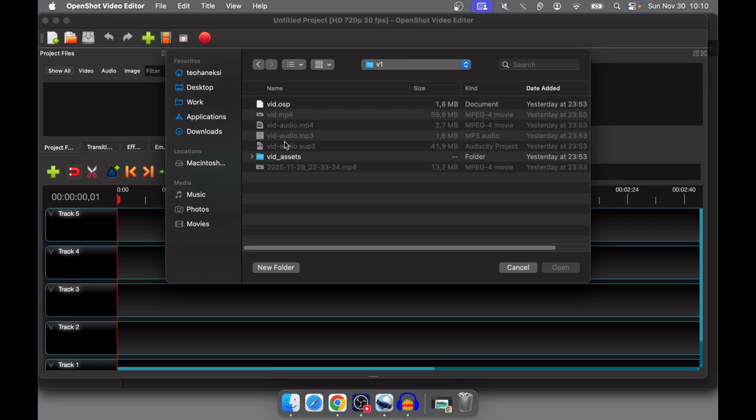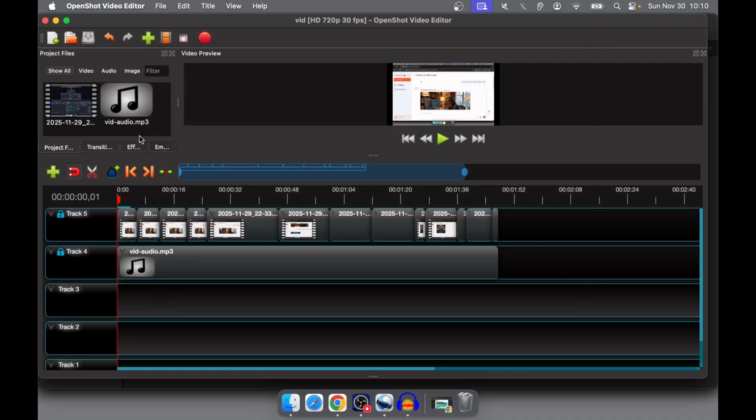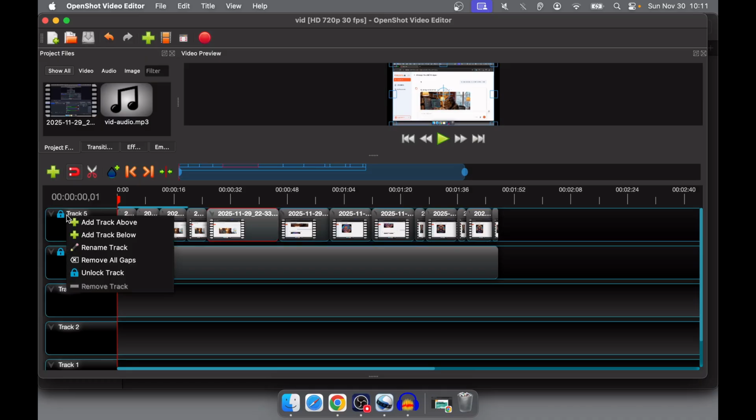From the previous session I got that OSP file. Now I'm going to open it. You can import your video file with right click here, import files, and choose your raw video. Now here you see this is the edited form of my video, but if you wanna edit your videos very simply, what you could do is